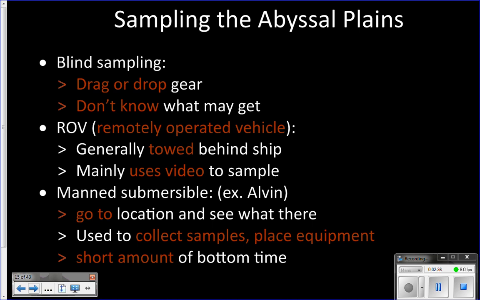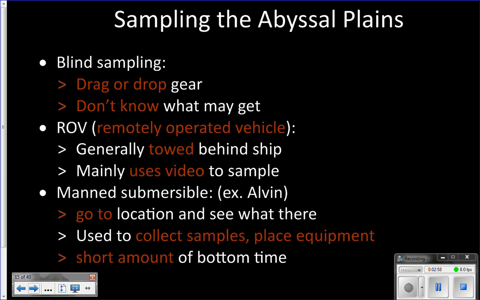You also have manned submersibles. You saw in the video Alvin. Alvin is a submersible that can make it all the way to the seafloor. So that can hold like 2 or 3 people inside of the submersible and then make it all the way down to the bottom. The problem with using manned submersibles to go to the bottom is